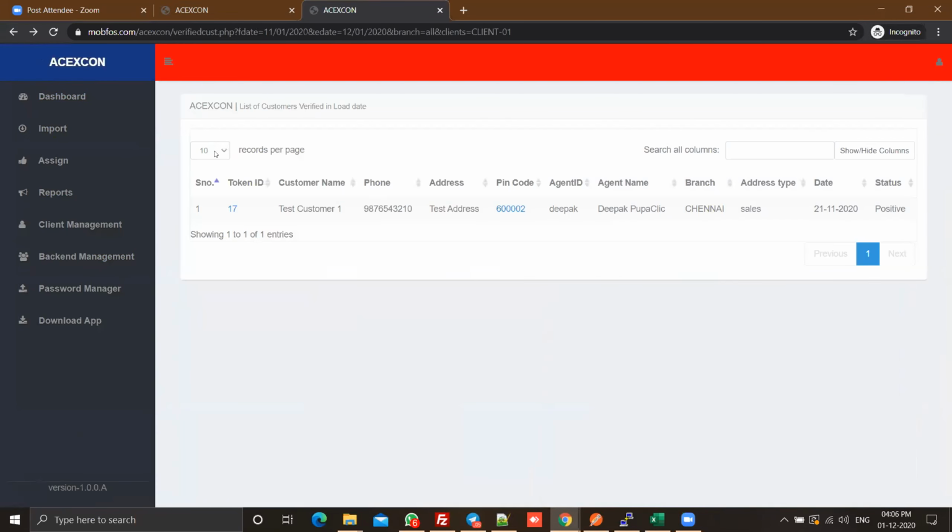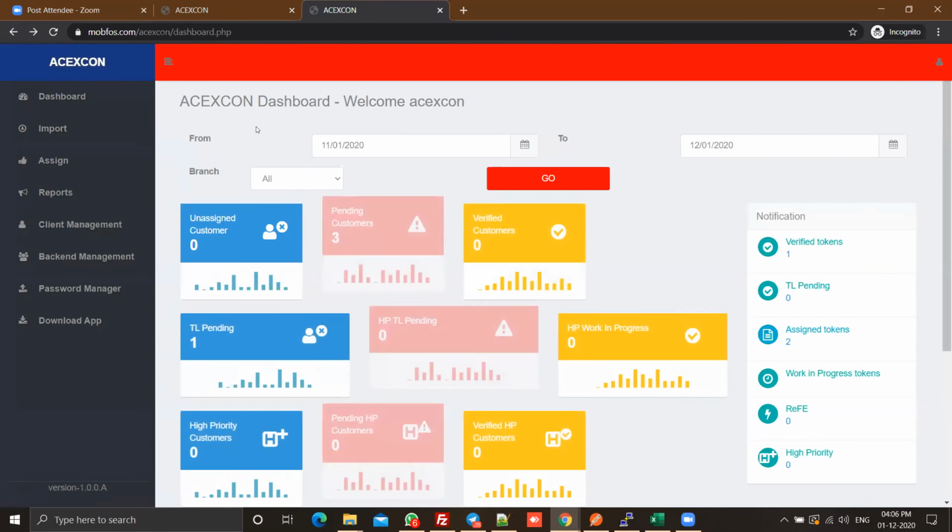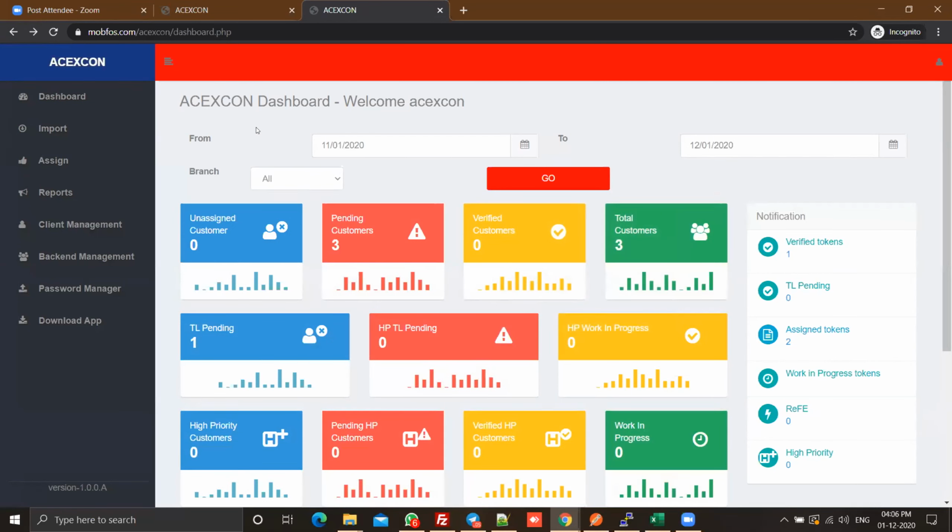But does the TL need to approve it for this process to be accepted, or is it not needed? In the current scenario, all the cases that have been closed from the executive have to be vetted by the TL. He just needs to view the answers and enter a comment. It's a single step process only from the TL's end. Sure. Like he can just put a standard message saying close, and submit. So that will move from TL pending to verified. Okay. Sure.